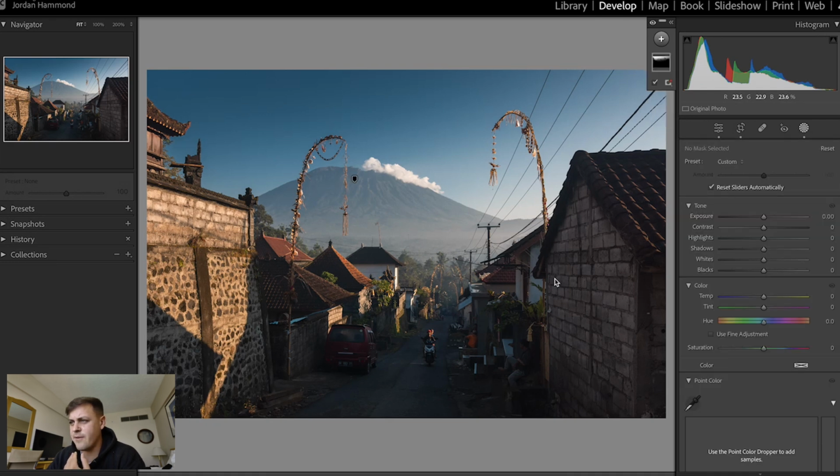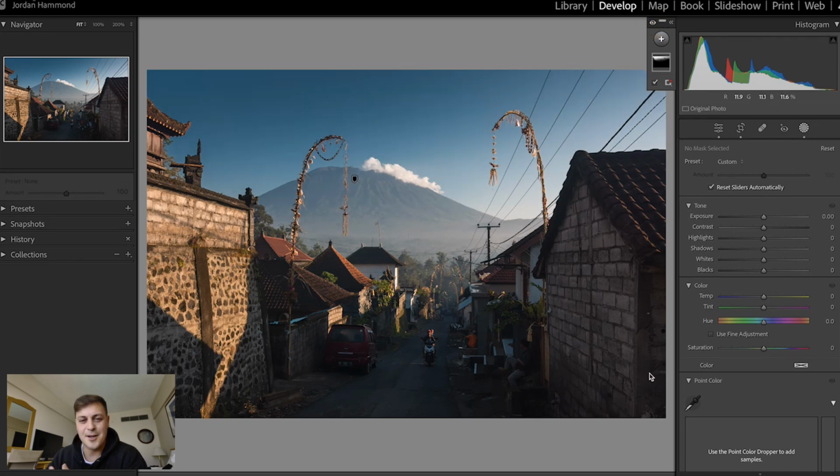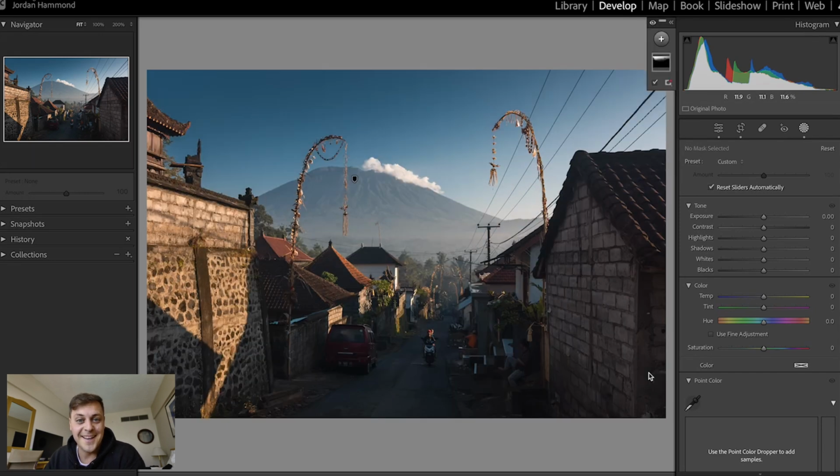Okay, now we've done that one filter. If I hide that, turn it on, hide that, turn it on, I think it makes a noticeable difference. I think it looks pretty good. And if I actually go before and after for the entire image, before, after, not bad for, you know, what are we at? Maybe 12, 13 minutes work. A couple more filters that I want to add though. So if we go back up to plus,